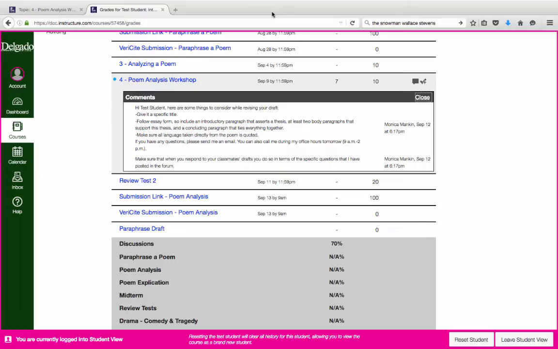Again, proofreading and editing is very important. So if this is an area where you struggle, meaning this has been pointed out to you here in this workshop and also maybe with your paraphrase assignment, I do encourage you to get some additional help with this because with poetry especially, precision is key. So we can't just have sloppy grammar and think that it's not going to make a difference. It does actually change what you're saying. So it's important to make sure that that is streamlined and edited for clarity.